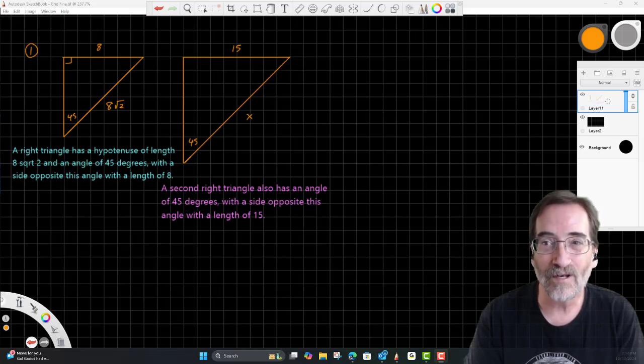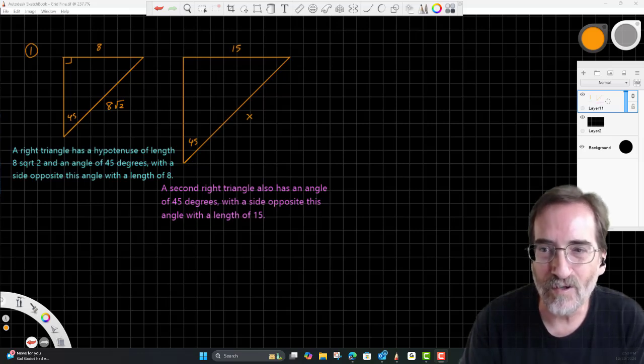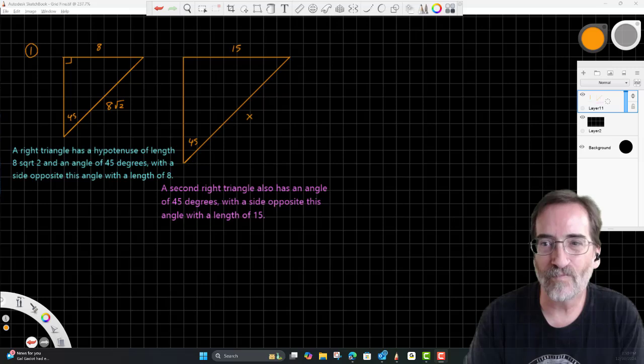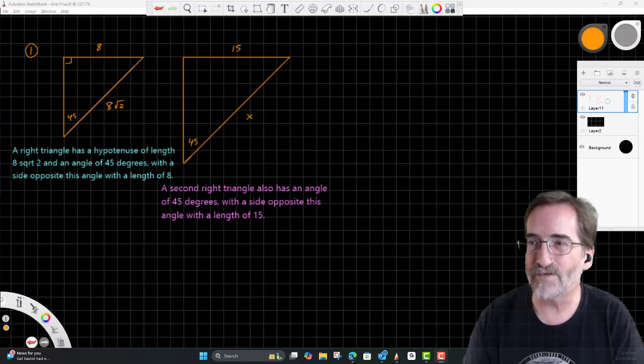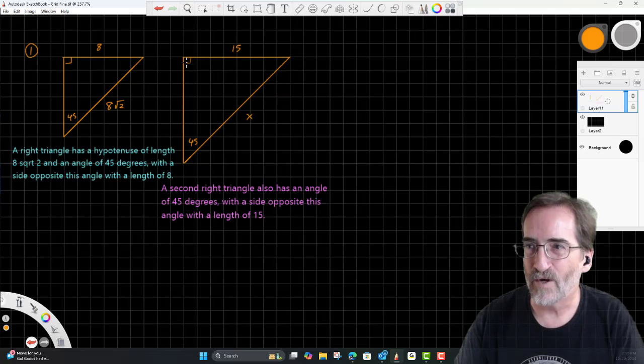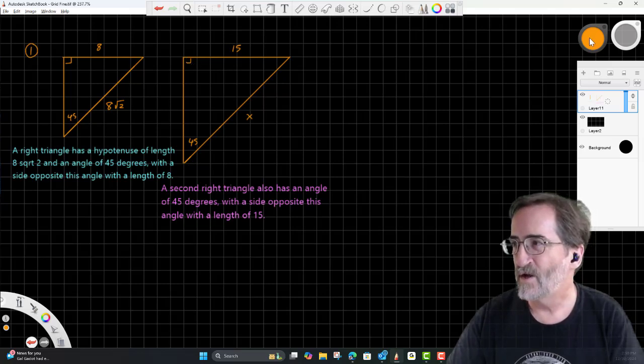Without further ado then, question number 1. A right triangle has a hypotenuse of length 8 square root 2 and an angle of 45 degrees with a side opposite this angle with a length of 8. A second right triangle also has an angle of 45 degrees with a side opposite this angle and a length of 15. The key here, and this is the way they expected you to solve it, was to note